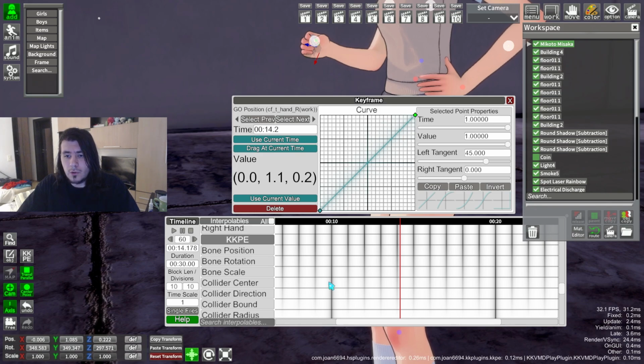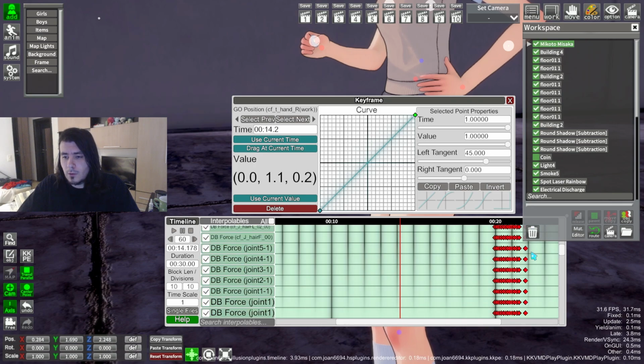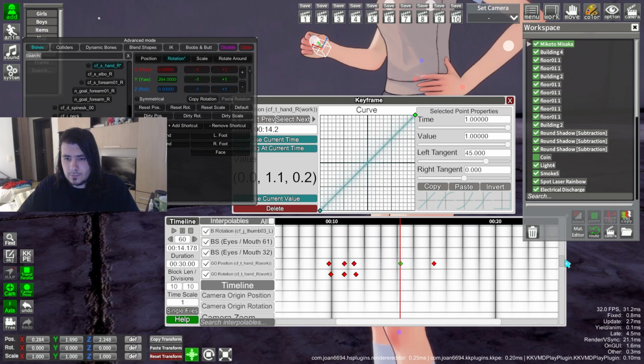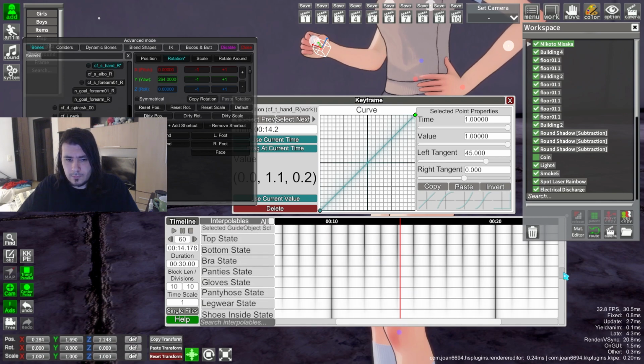Moving on to an example of integration of KKPE with timeline. Let's say that we want to twist her wrist a little, but instead of using the normal way, we want to use KKPE. We bring up KKPE, select her wrist, we find it in the list,